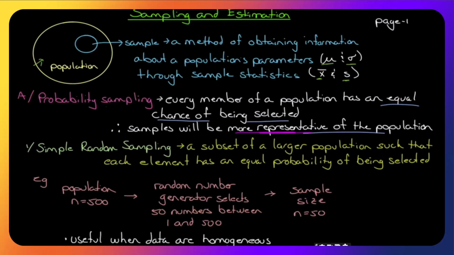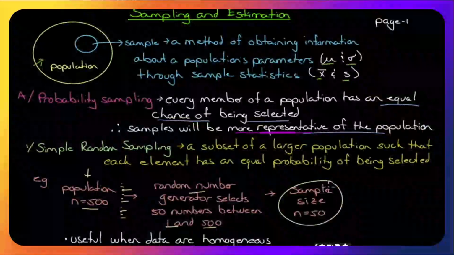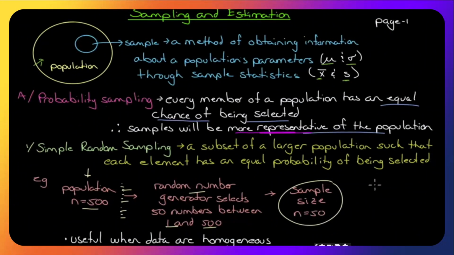Simple random sampling: a subset of a larger population, such that each element has an equal probability of being selected. So let's say that we have a population of 500 items that we could look at. It's too many to look at. We only have time to look at 50 of those items. We'll use a random number generator to select 50 numbers. We'll list all of these items in a spreadsheet down a row, 1 to 500. And this random number generator will tell us which rows will be our sample of 50, and we'll end up with a sample size n equals 50. It's easy to see that each stock has a 1/500th probability of being selected,